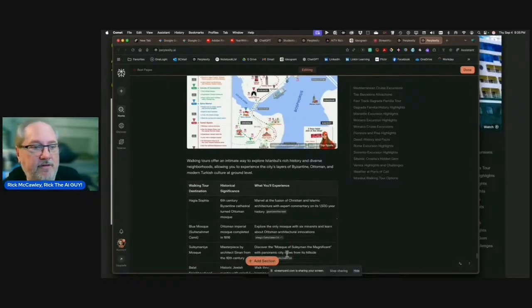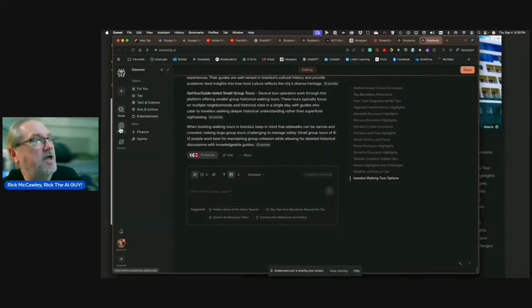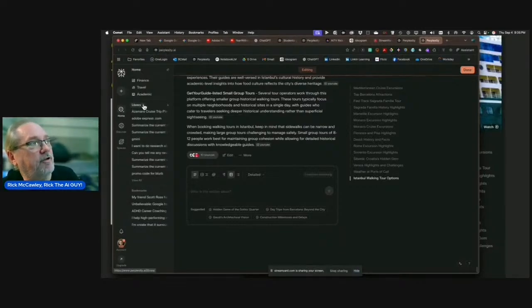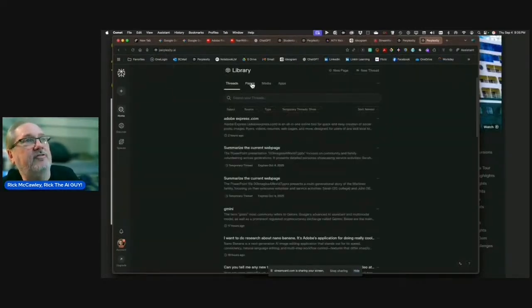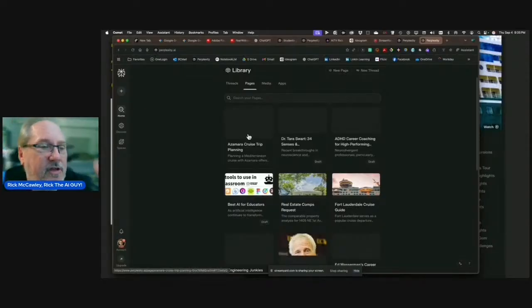So the idea is you can go down and add a section at the end or go to another kind of situation. Oh, also, okay. So let me go back to the beginning. Let me just start. So you have libraries and I have my pages. Here are my pages I've created. And there's the Azamara cruise planning trip. It does have a problem sometimes rendering the pictures on a slow internet connection. Here's a real estate search I did. Here's an old boss I had. I searched about him. I did a whole profile on myself, which is quite great for your resume.